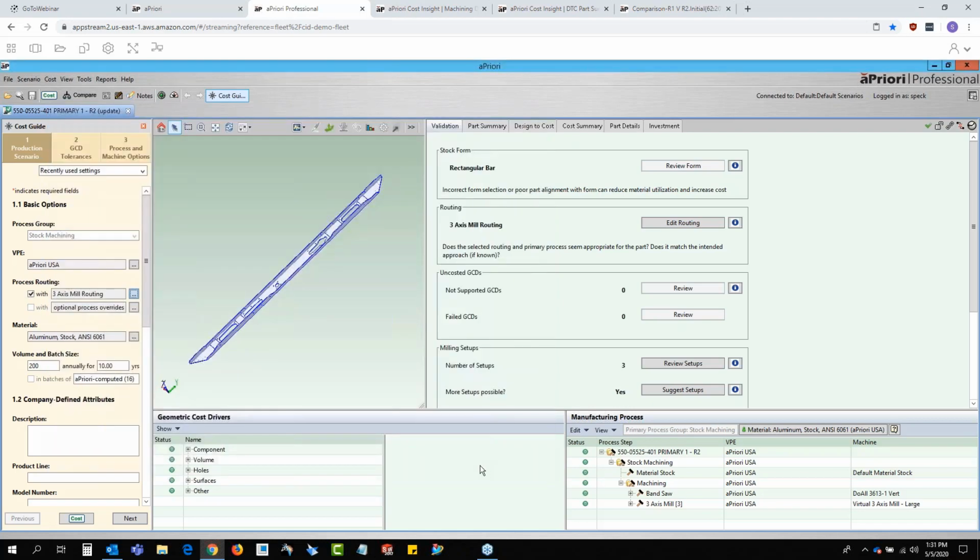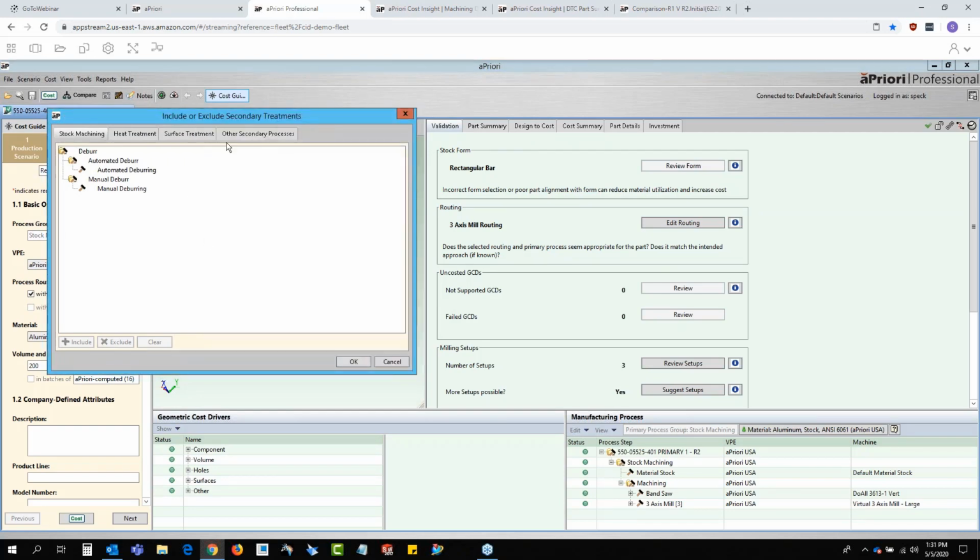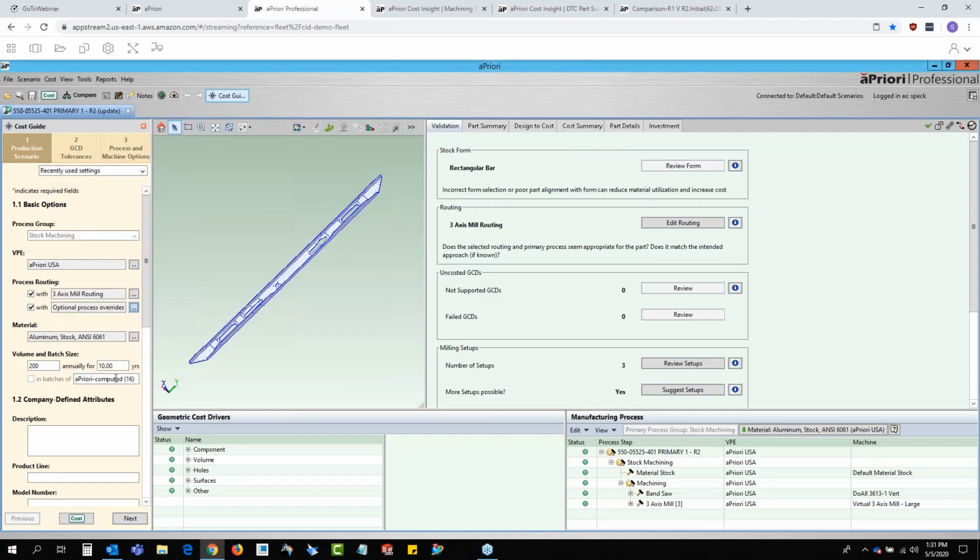But in this case here, we'll run it with the 3-axis. Maybe we see that, hey, the designer actually didn't include the secondary operations here. We need to have a type 1 anodize on this part. We can go in and add any sort of secondaries, and the batch size right now, it's assumed that we're